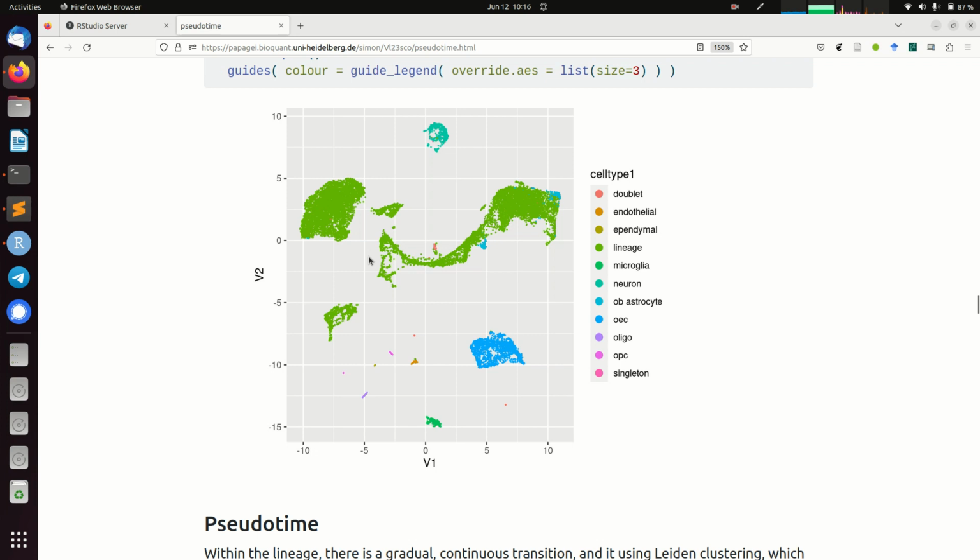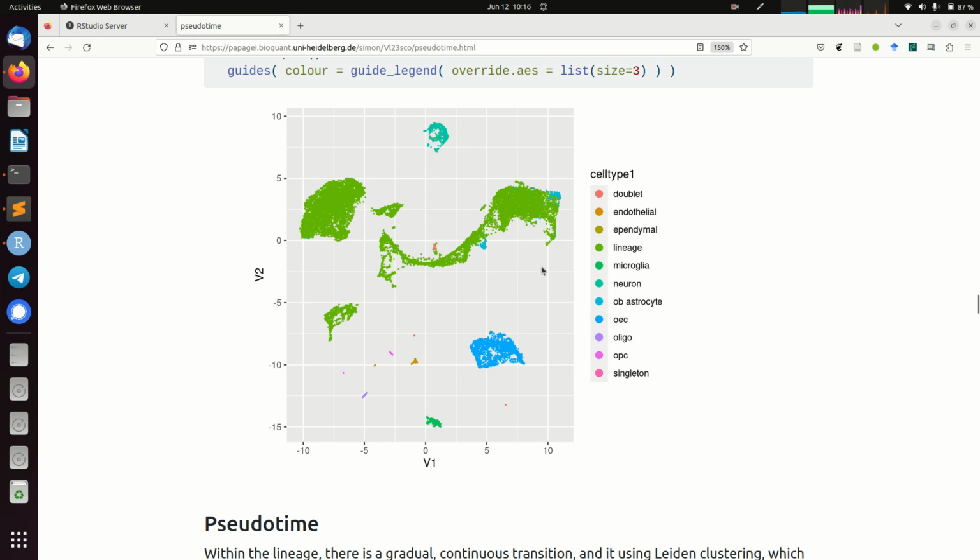Damian and the others call this the lineage, because these are all the cells which are progeny of each other, while all the other colors are different stuff. So we want to understand how genes changed during the lineage. And we consider this now not as a bunch of different clusters with clear boundaries, but rather as a continuous